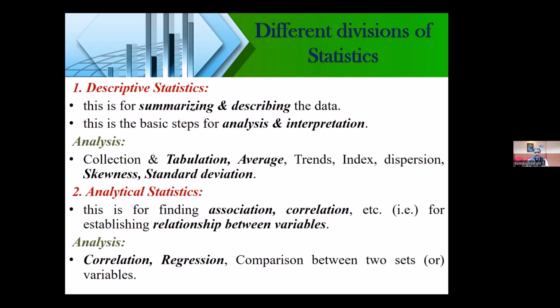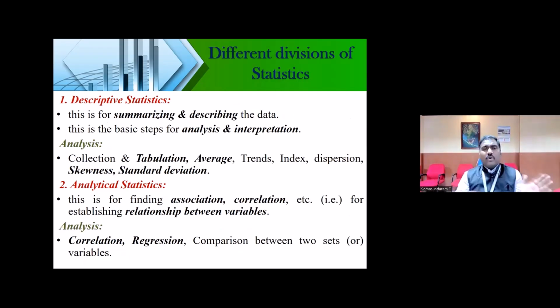Of course, most UG projects deal with the descriptive. Usually students will do a percentage analysis manually. Along with the percentage analysis, they can do an average. They can calculate the mean value, the standard deviation, the variance, the range, the minimum and the maximum. All these things come under descriptive statistics.